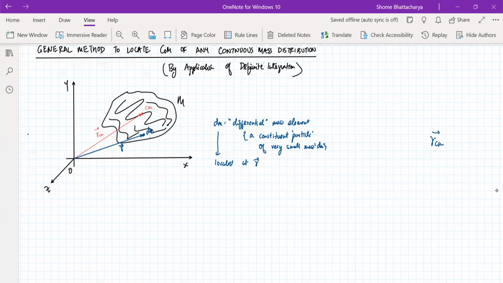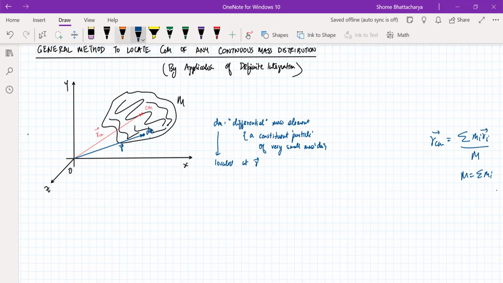the position of the center of mass was summation of m into r divided by the total mass. Okay. Total mass being summation m. So now what happens here, because we have differential masses, this mi is now going to be replaced with dm, and the moment we do that, we are summing up over an infinite number of particles. Okay, so this summation 1 to n is now infinite. And each particle is very small, so this summation itself is converted into an integration.